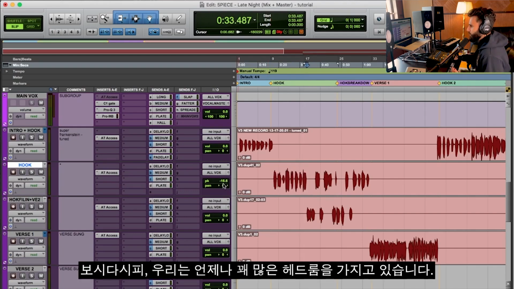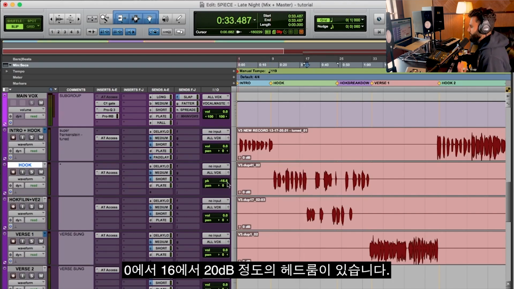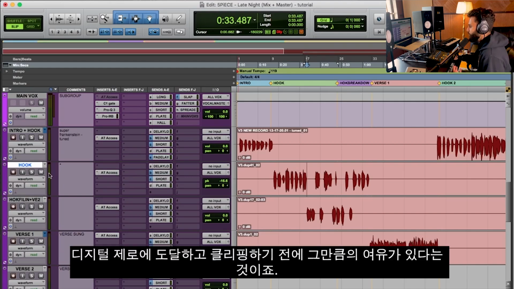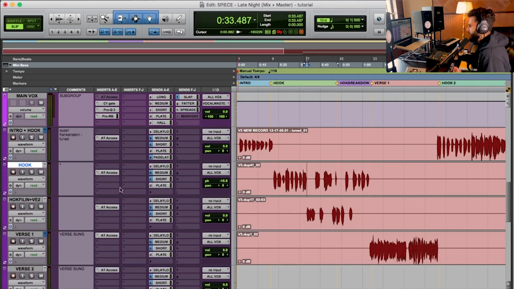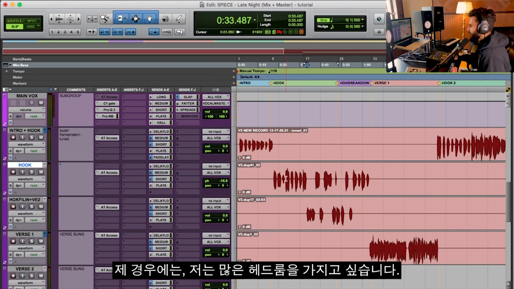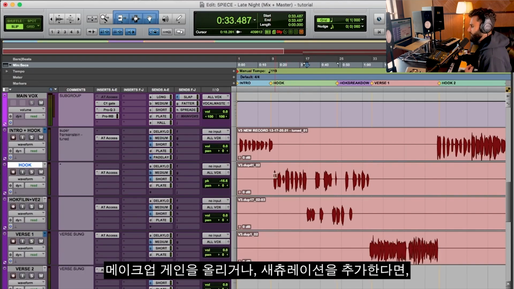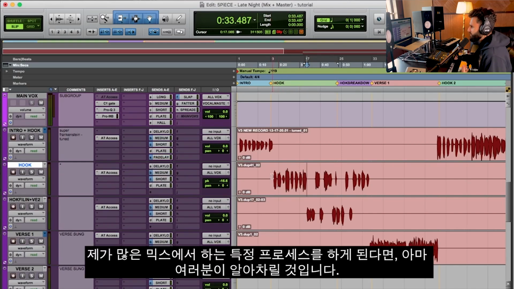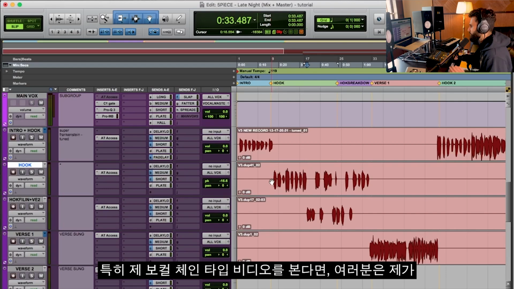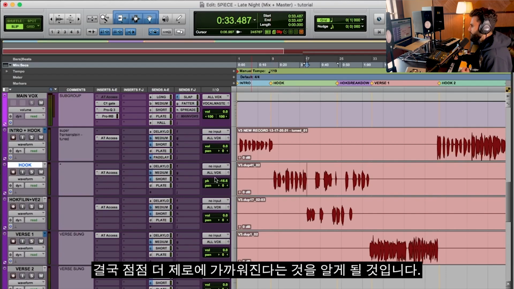So as you can see, we have quite a bit of headroom. At any given moment, it's anywhere from 16 to 20 dB of headroom from 0, right? We have that much room before we hit digital 0 and clip. And this is a good thing in my case. I want to have a lot of headroom to be able to do additional things, because if I add a compressor and then drive up the makeup gain, if I add some saturation, if I do certain processes that you'll probably notice I do in a lot of my mixes, especially if you watch some of my vocal chain type videos, you'll know that I'm going to eventually get